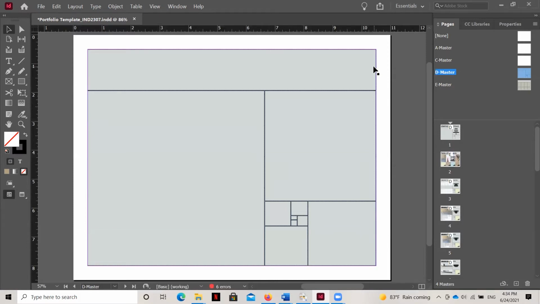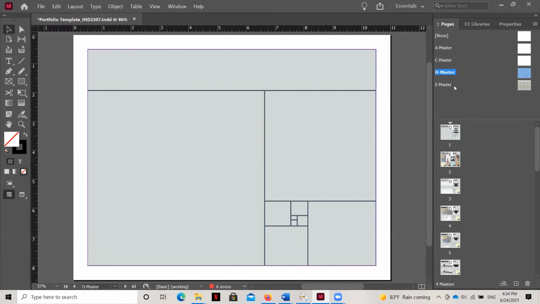All it is, it's a blank page, but it's got a border that's been created on it. And then it's got a series of boxes that have been used as placeholders. You'll see how those are used in just a minute. But if I click on them and hit delete, then they go away and it's just a plain white box. I hit Control Z in order to undo that delete and to get that box back. So that's what master page D looks like.